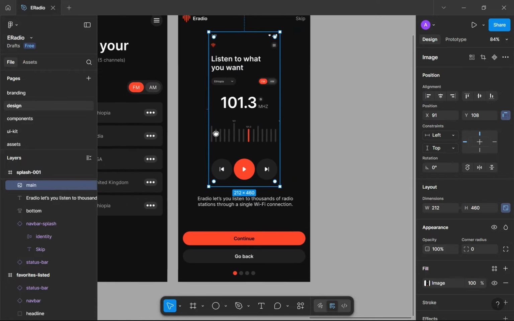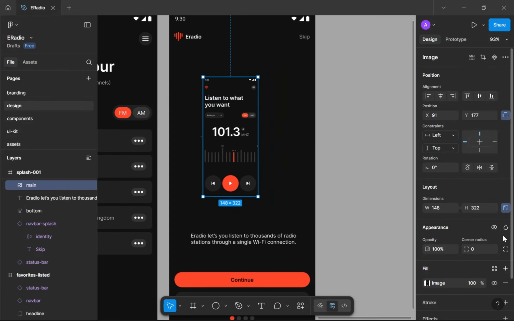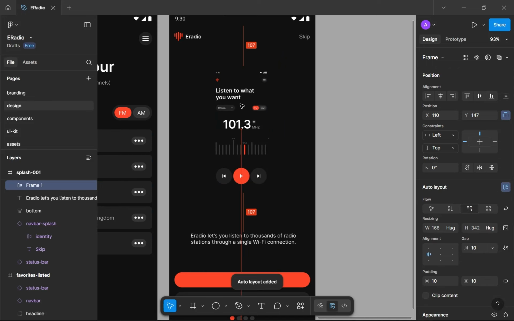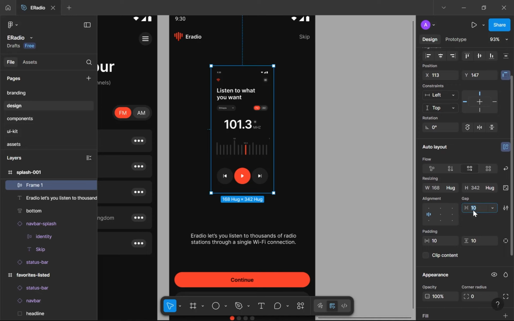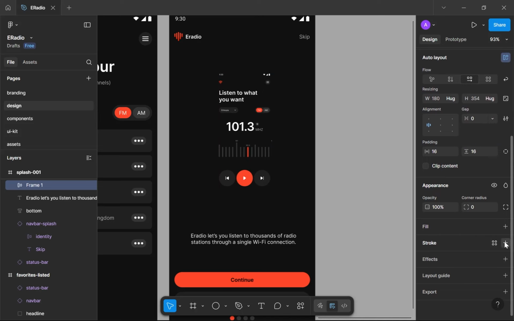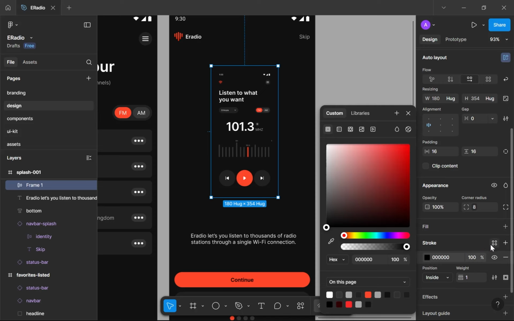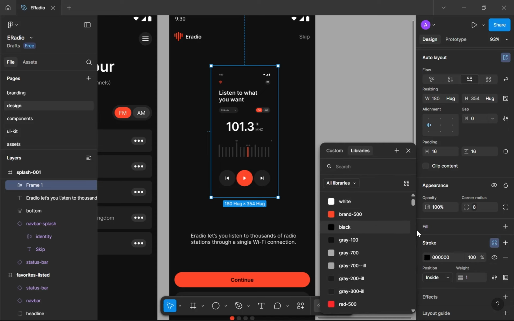Now we want to take this and put it inside of a frame, and we want to have 16 zero gap first of all, and 16 by 16 padding, and we want to have a stroke. Now we want a corner radius that is equivalent to the small corner radius. So now when we apply the stroke here, which will actually be a color gradient,